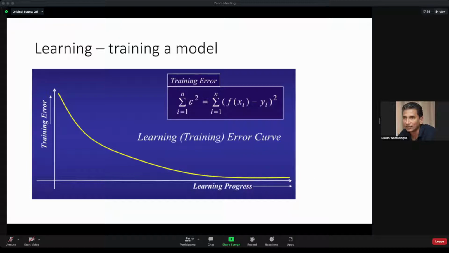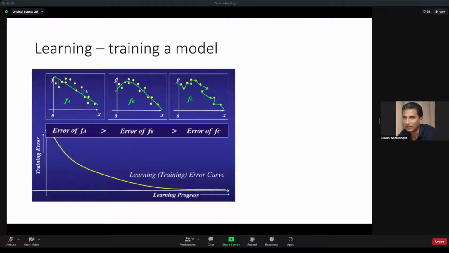In fact, if you think about clustering, the sum of squared errors is minimum or zero when each data point is in its own cluster, right? So that doesn't give us any benefit. If you look at these three models, the error of model A is somewhere in this region, error of model B is somewhere in this region, and error of model C is somewhere in this region,